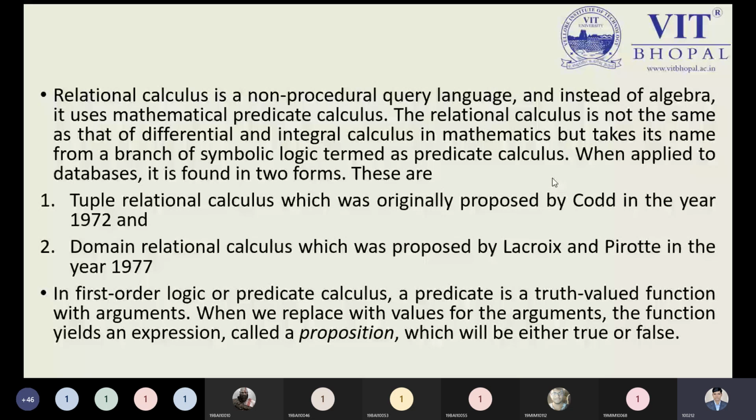So what condition do we have? On such a condition, we need to get the data from the relation. So we have the predicate calculus. The same thing we have over here. So the theory is written over here: the tuple relational calculus, which was originally proposed by